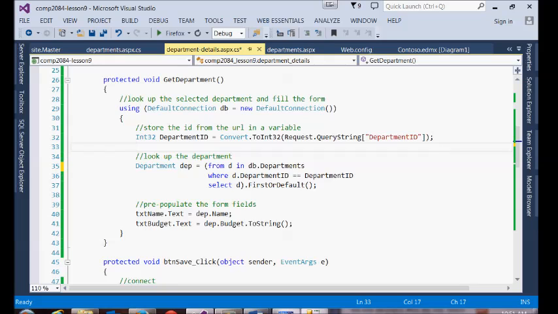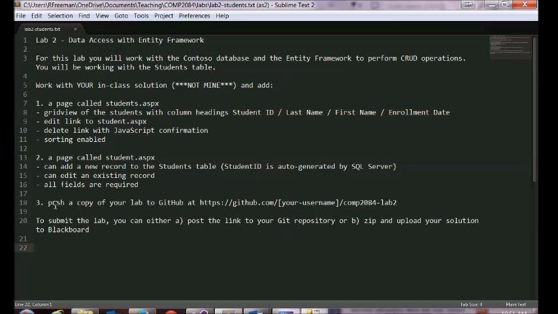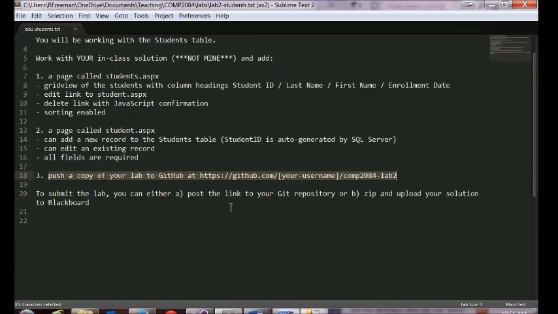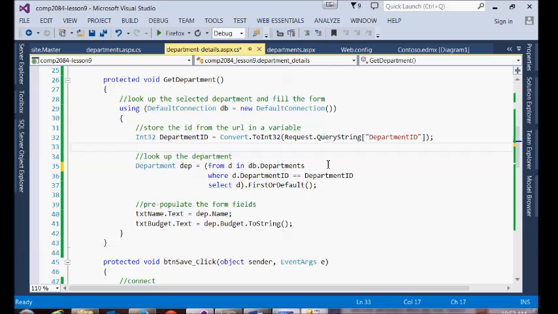Okay? To submit, the other thing I'm going to have you do, and this is worth 0.5%, is to push your code to GitHub. You can choose not to do it, but then you're punting 20% of your mark if you don't put it on GitHub. You can just zip it up, and if you put it on GitHub, the only thing I need on Blackboard is the link to your repository. Okay? So to push it to GitHub,